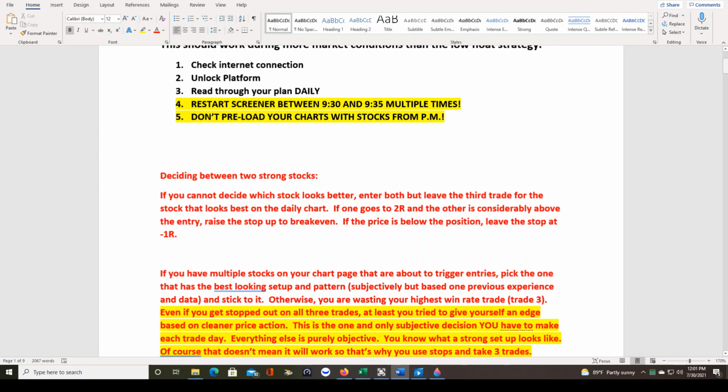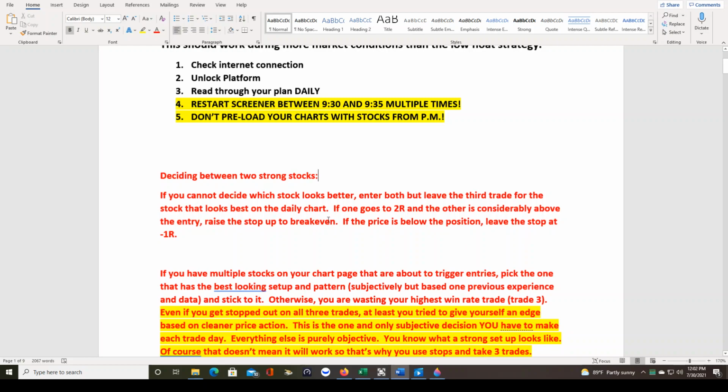Okay, so nothing there. So deciding between 2 strong stocks, that's where that question number 5 came from. If you can't decide which stock looks better, enter both, but leave the third trade for the stock that looks the best on the daily chart. Again, watch that video and you'll see what I'm talking about there. If one of them goes to 2R and the other is considerably above the entry, raise the stop up to